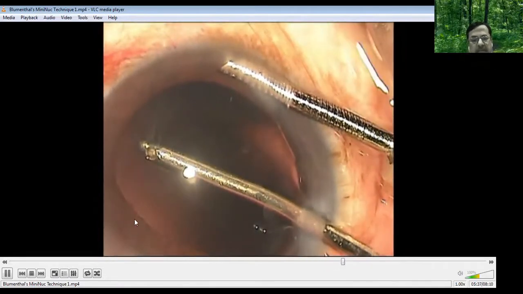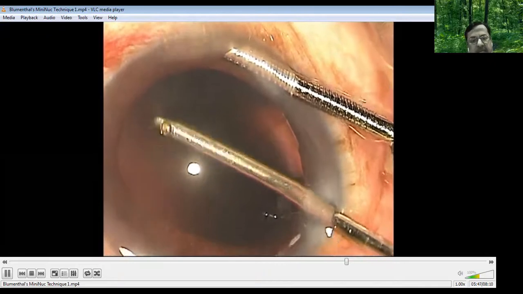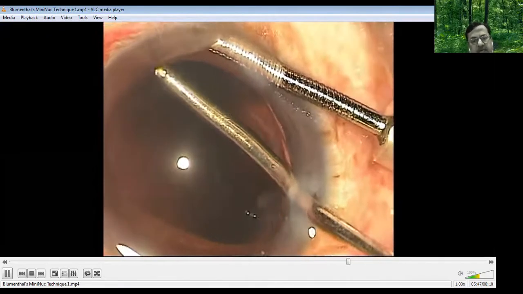Now you can see here that the posterior capsule is caught, isn't it? But because of the fluid coming from the anterior chamber, you just don't do anything. Don't pull out the cannula. This fluid pressure slowly releases it, or you can push fluid from the syringe in the left hand, and again the capsule gets released. So many times you are saved because of the anterior chamber maintainer.